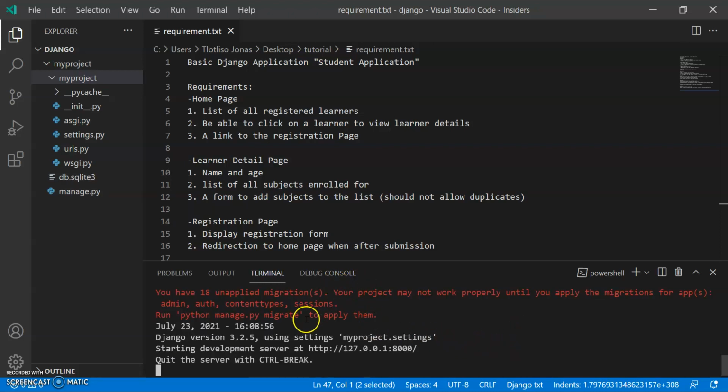So we have this warning here which says we have 18 unapplied migrations. For now, don't worry about this warning. Later when we deal with the models, you will see how we address this, so it won't be a problem. But for now, we can just click on this link to check the project in the browser.